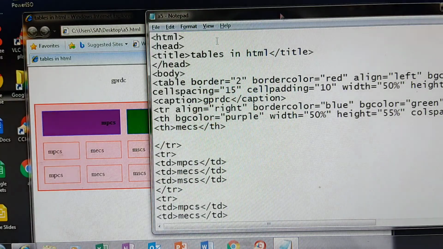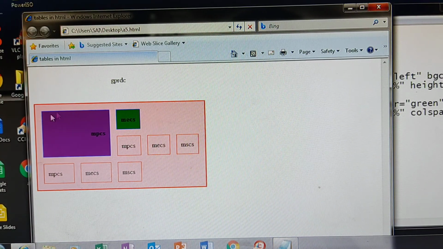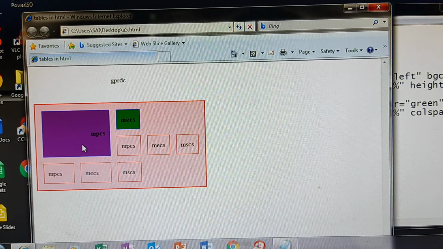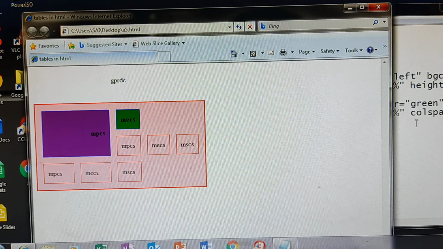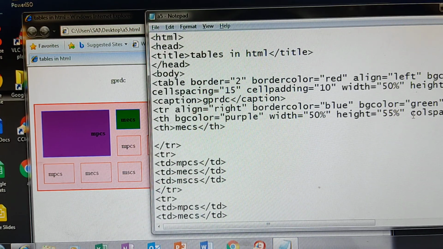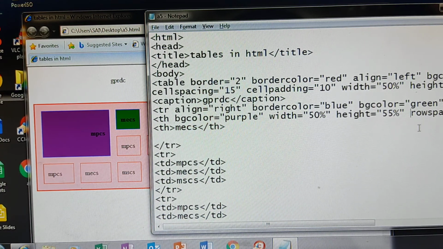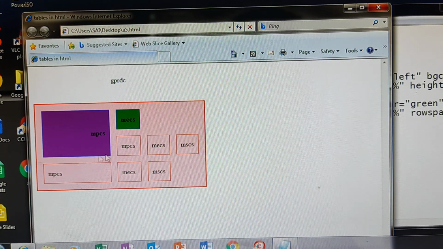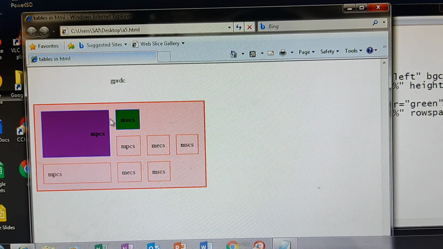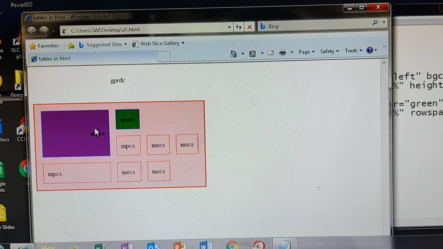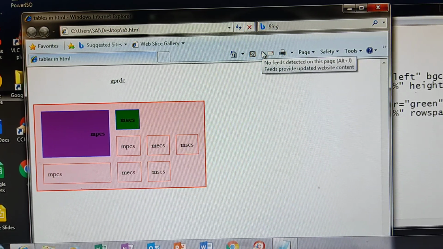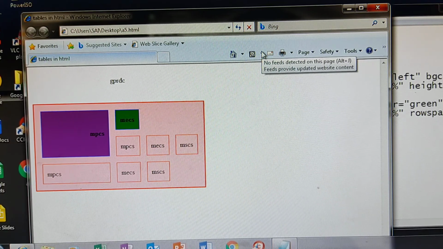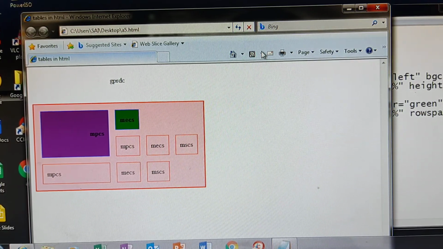Here the first cell is combined. See it? Now you see it is combined, no? It combined the two rows, first row and second row. So colspan is used to combine the columns, whereas rowspan is used to combine the rows.